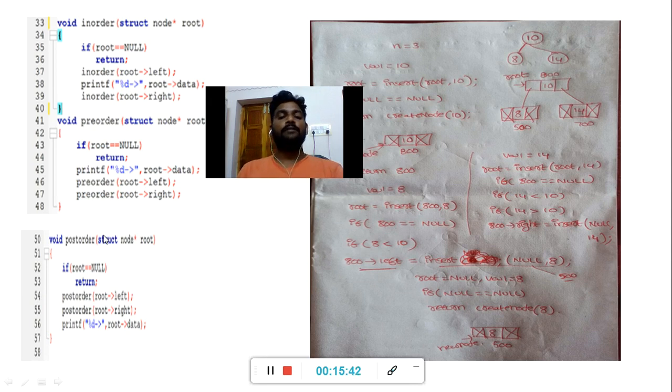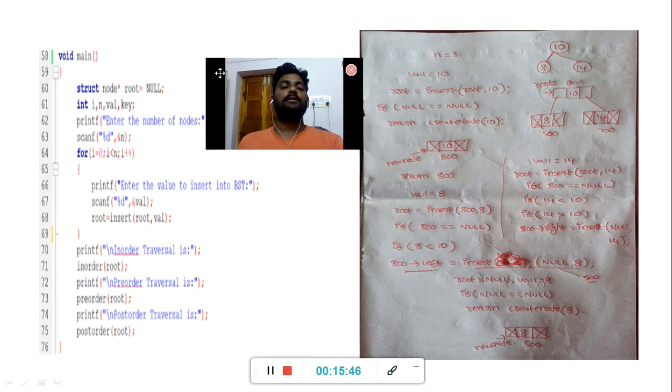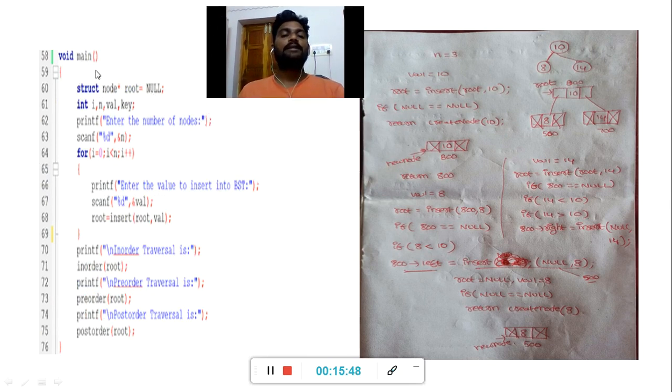These are the user defined functions, and the compulsory section in a C program is the main section. The main section indicates the starting of your program. Once the program starts, the first statement creates a structure pointer variable called root. Root is a pointer whose type is node, and the node type is struct.